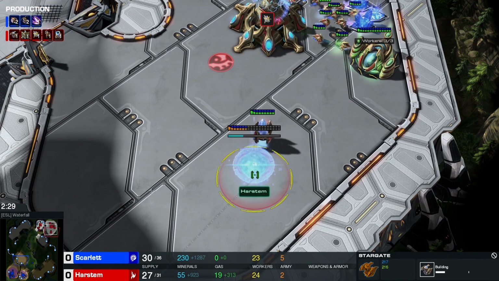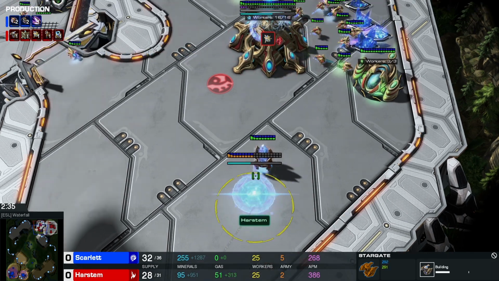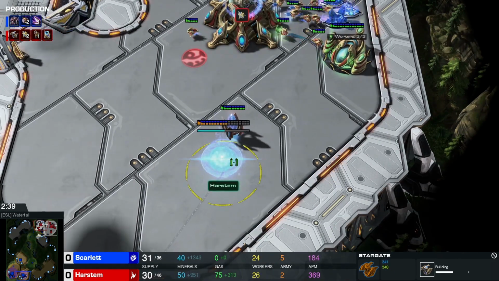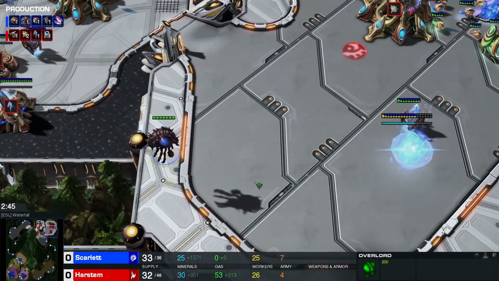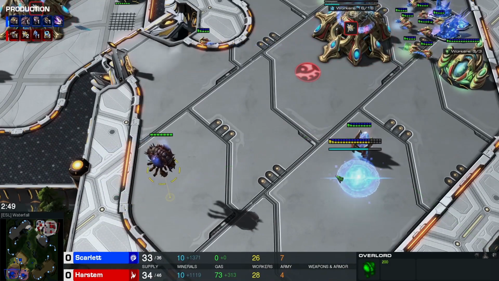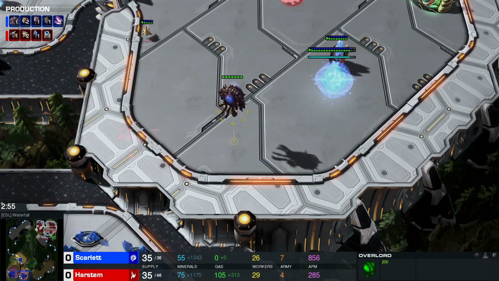So once again, Stargate is going to be here for HARSTEM, as we might see some Oracles, but we could also see some Void Rays by him. So yeah, that's always the question for the Protoss, what exactly he's going for. Of course, many Protosses decide to go for a Void Ray first, just to snipe this one annoying Overlord. And yeah, let's see, is HARSTEM once again going for his expansion into this location,